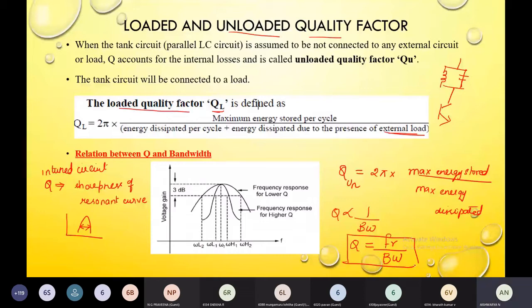So this is the relation between quality factor and bandwidth, and the graph here shows it. This is the actual required one, or I can say this is the ideal case, and this is your practical case. In the practical case, your band of frequencies gets expanded, so the quality factor in turn gets reduced. If you have a wider bandwidth, you will have a lesser value of Q. If you have a narrow bandwidth, you will have a higher value of Q. So this is the relation between quality factor and bandwidth.